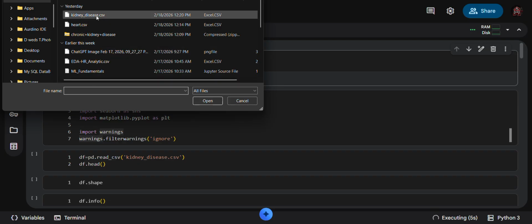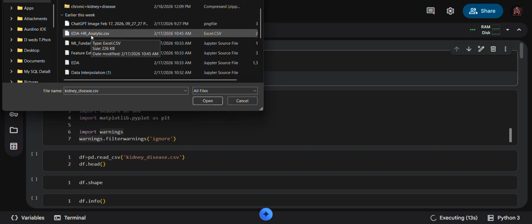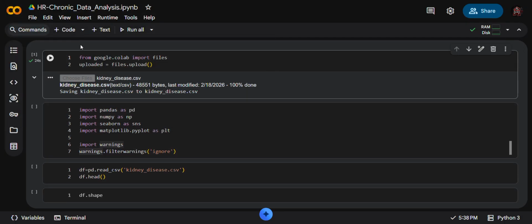Now I'll take kidney diseases. In the previous lecture, I did this EDA on HR analytics, but today we are doing chronic kidney disease data analysis. So it's a CSV file.